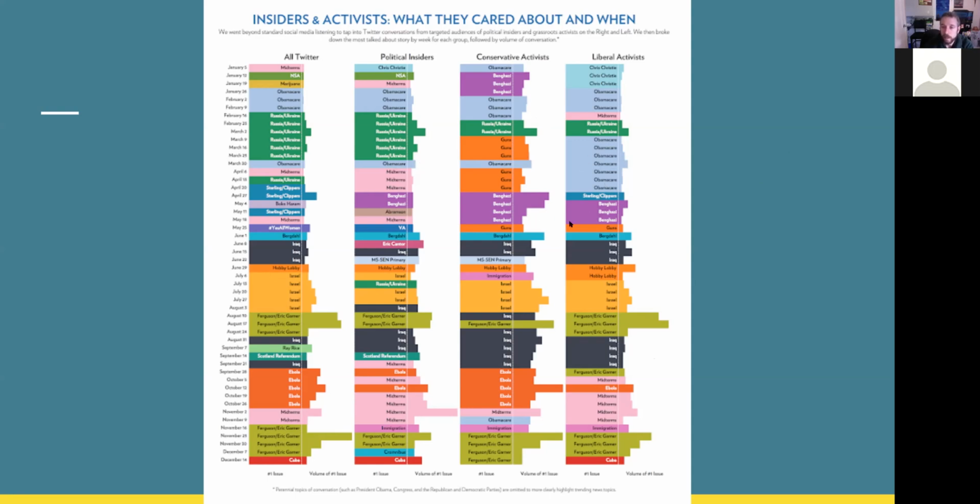We see that there's a lot of crossover, and we see that here conservatives were talking about Ebola much more than liberals were talking about Ebola. Again, it helps us to form some sort of conclusions, make some hypotheses, and investigate a little bit further. But having the data visualized like this helps to make sense out of enormous data sets that otherwise we would just be looking at for hours and hours and hours and not be able to make sense